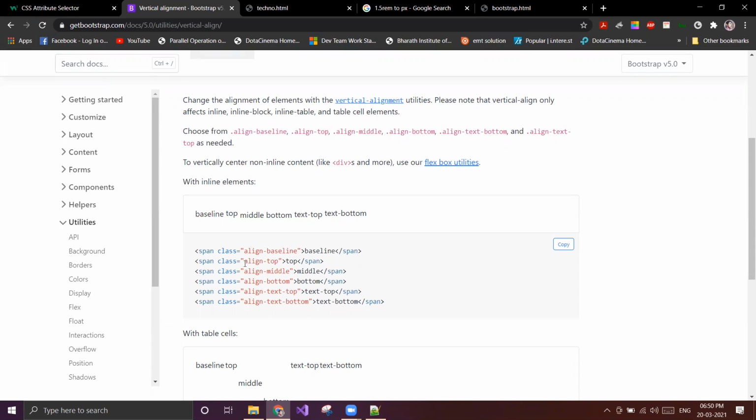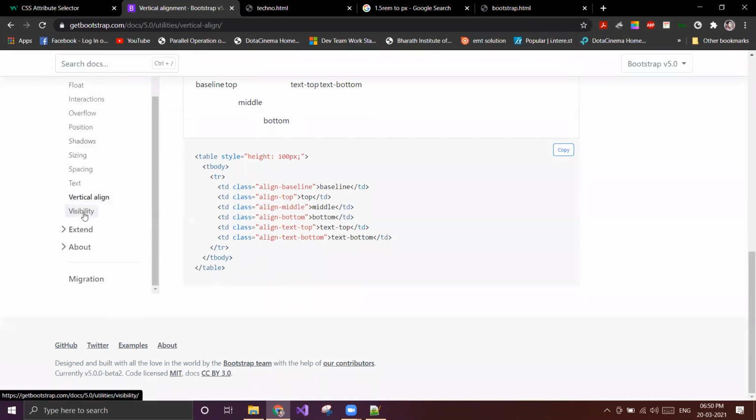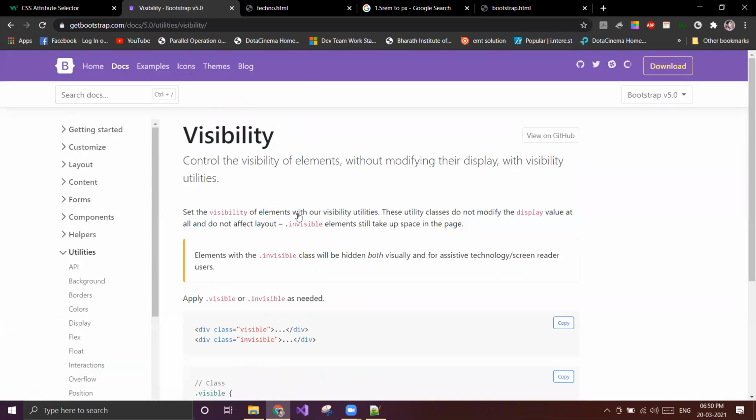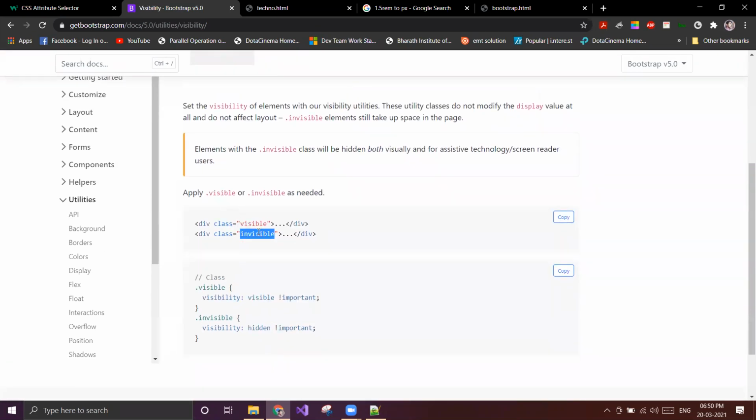But here we write align-top, align-middle, align-bottom. And visibility, there are visible and invisible classes. If I write this in pure CSS, what will it be? Display block and display none. That is visible and invisible.